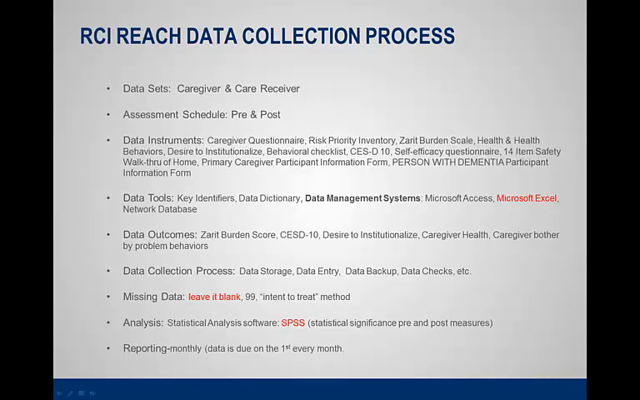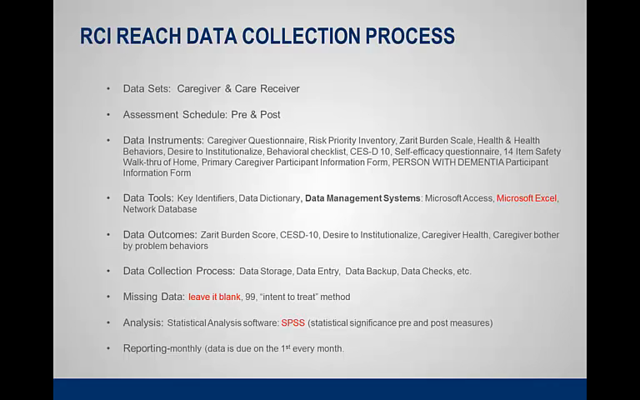For the RCI REACH data collection process, the datasets that we use are for caregivers and care receivers. And the assessment schedule is for pre and post data. We have over 10 data instruments that we use. Some of them you'll be using are the caregiver questionnaire, risk priority inventory, the Zarit burden scale, health behaviors, desire to institutionalize, behavior checklists, the scale for depression, which is the CSD-10, self-advocacy questionnaire, 14-item safety walkthrough of home, and